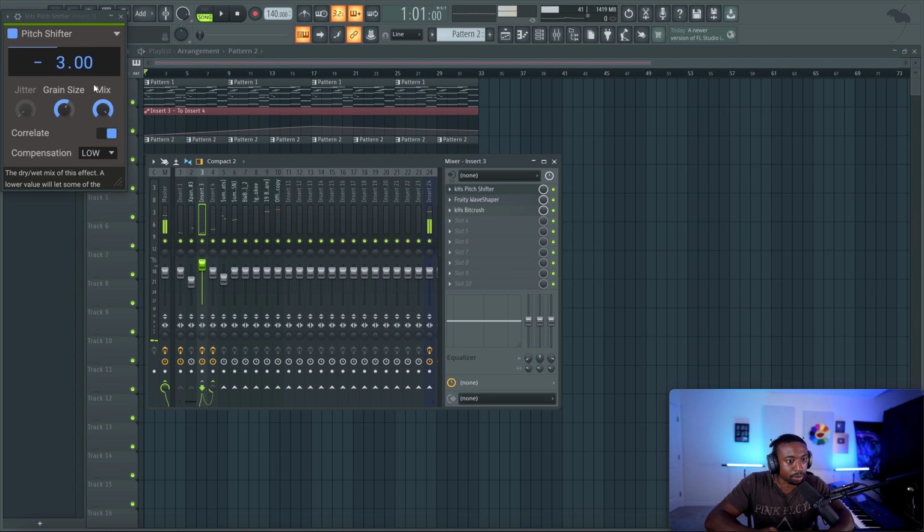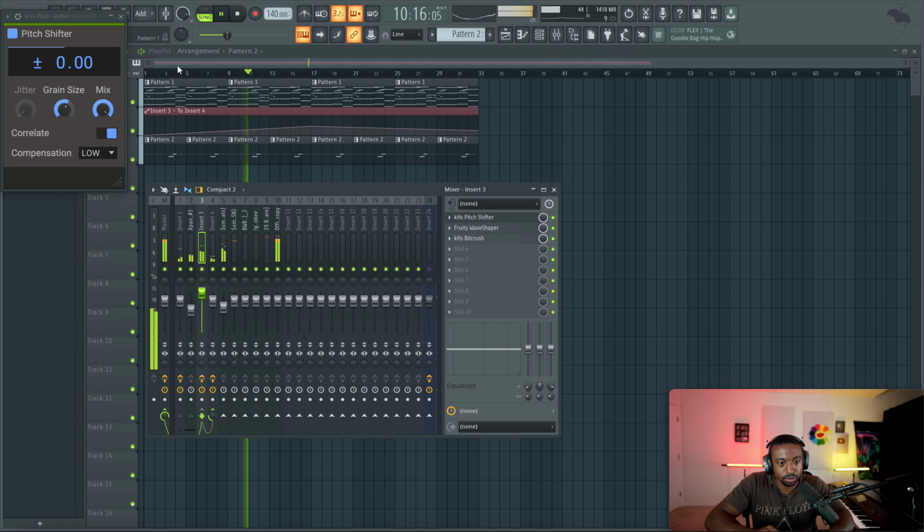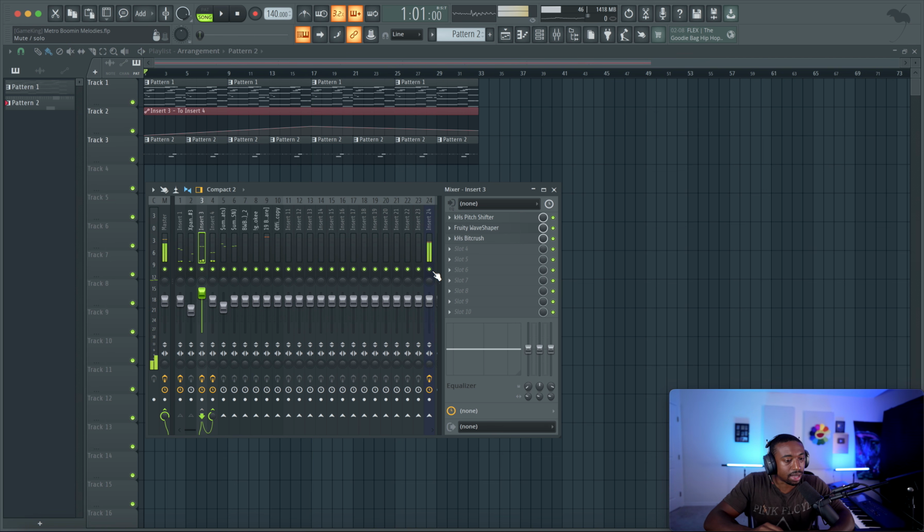What you do from here is change the pitch shifter, and you also have to change the key of the 808 as well to match. To me, this is the highest energy. Why? Because it's a higher frequency. So I like to try them all.